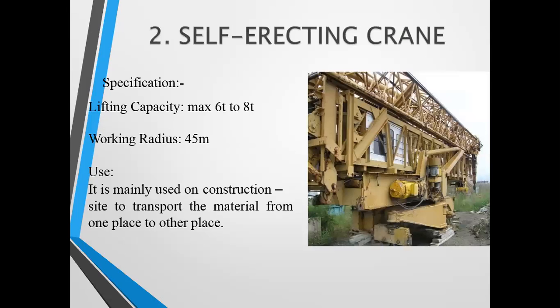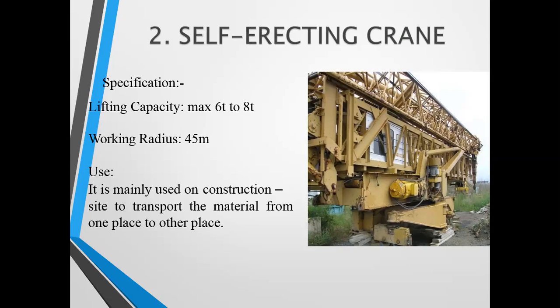Next part is the self erecting crane. The self erecting crane is generally a type of tower crane. This crane is also called self-assembling or kangaroo crane, right? Why? Because the self-erecting cranes lift themselves off the ground using jacks, allowing the next section of the tower to be inserted at the ground level or lifted into place by the partially erected crane itself.